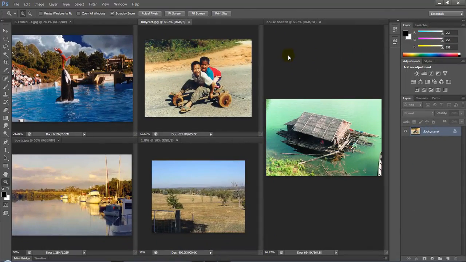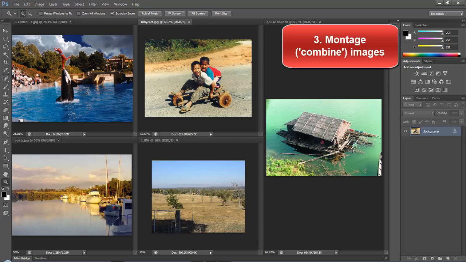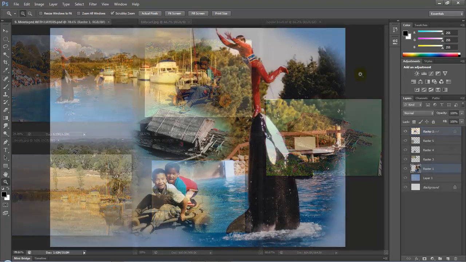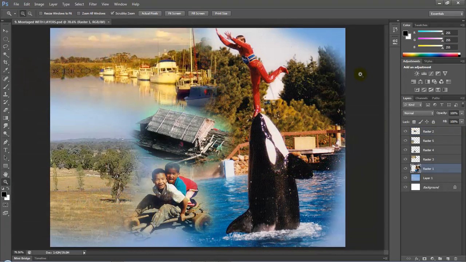Now a fairly common thing you might want to do in Photoshop is to combine a number of individual images, such as we have here, into a final combined or montaged image, using layers and various methods to make the combination of those images look realistic, such as the final result here. And you can see the final image here with various layers that have been set up on the far right hand side there,